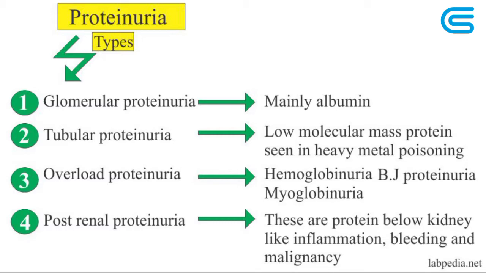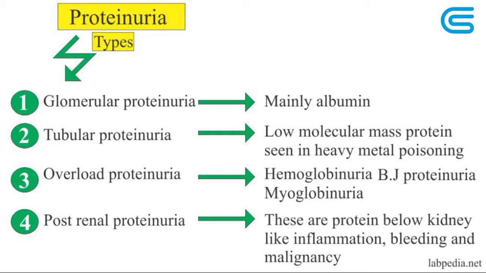We have tubular proteinuria due to excretion of low molecular weight proteins which are actively reabsorbed by proximal renal tubules in the diseased conditions of tubules. For example, if your kidney tubules have diseases, they will be excreting some low molecular weight proteins, called tubular proteinuria, such as when you have acute or chronic